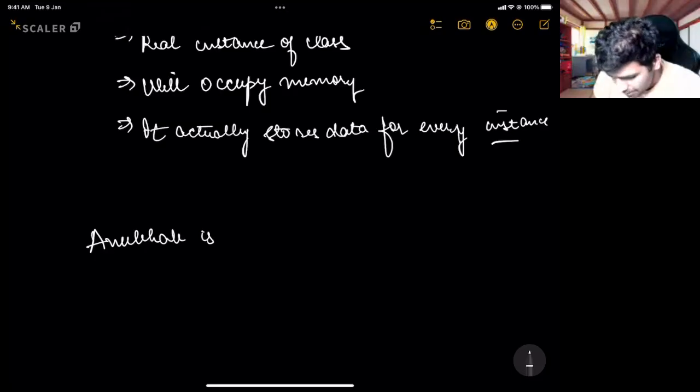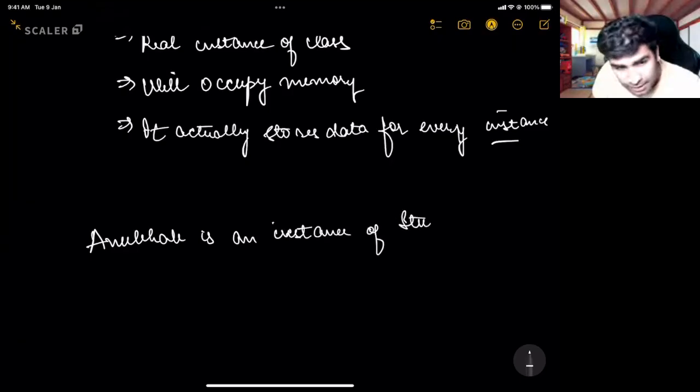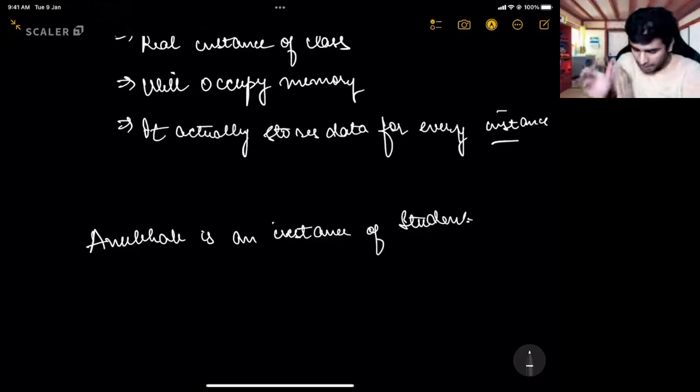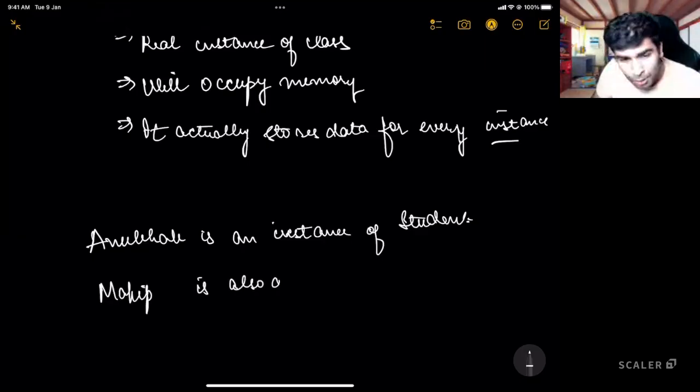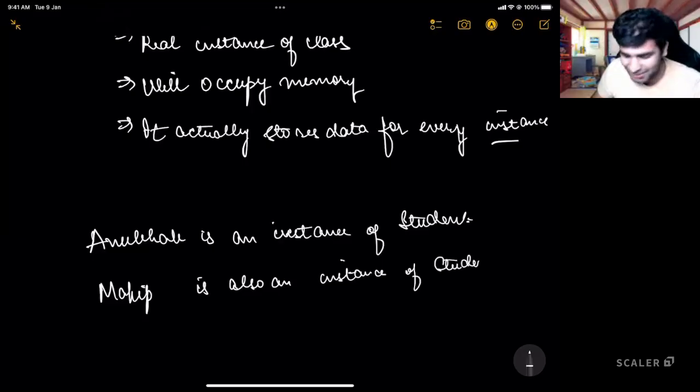Absolutely correct. Similarly, is Mahip also an instance of student? Yes, Mahip is also an instance of student. And who was an instance of bad student? There was someone who was doing something, right?